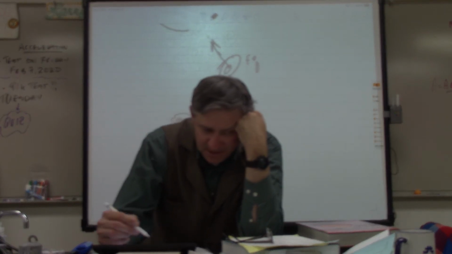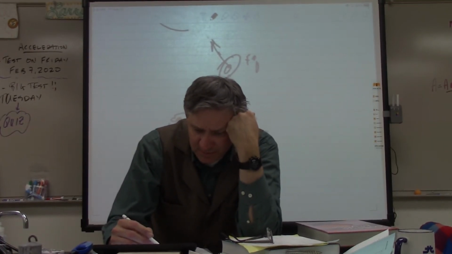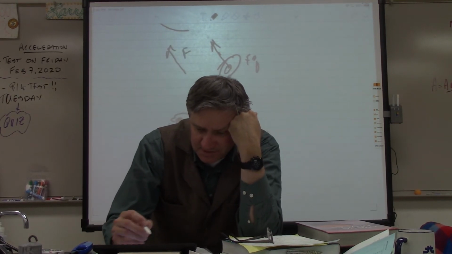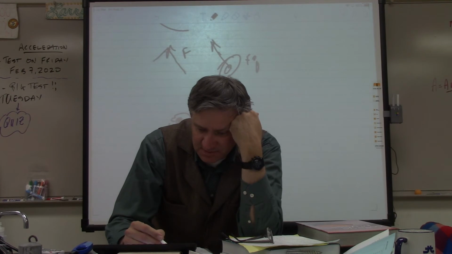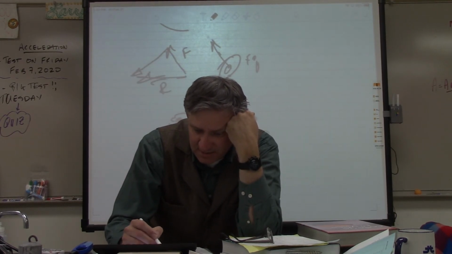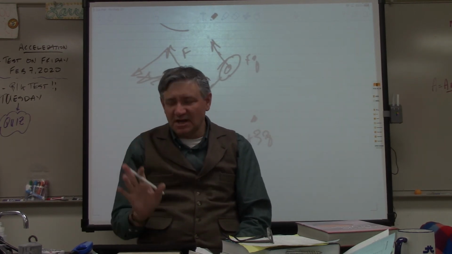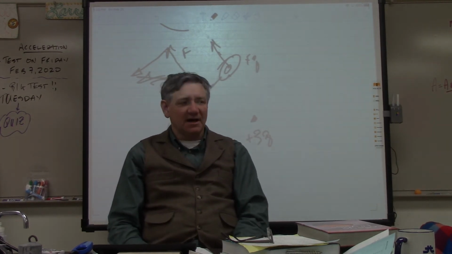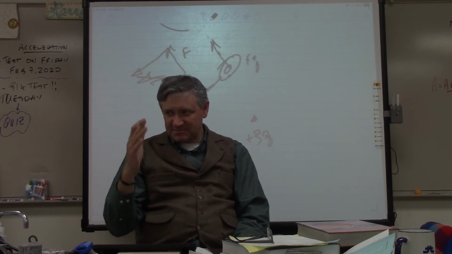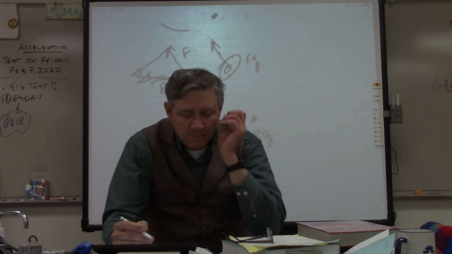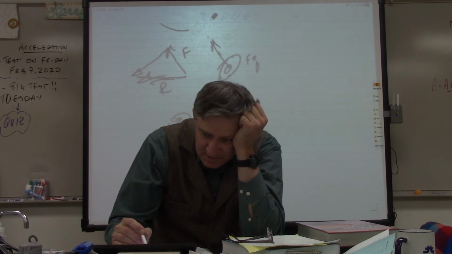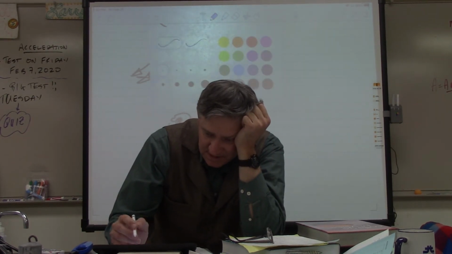One option is you come in and say, well, if you like the tip-to-tail method, here's this force, and then this force is going to be coming down like this, and then you're going to find the resultant. Now, that would work out swell if this was a 90-degree angle, but it's not, because you have 60-degree angles, so it doesn't work out. But at the end of the day, the only way that you can really work this problem is to come in and say, okay,